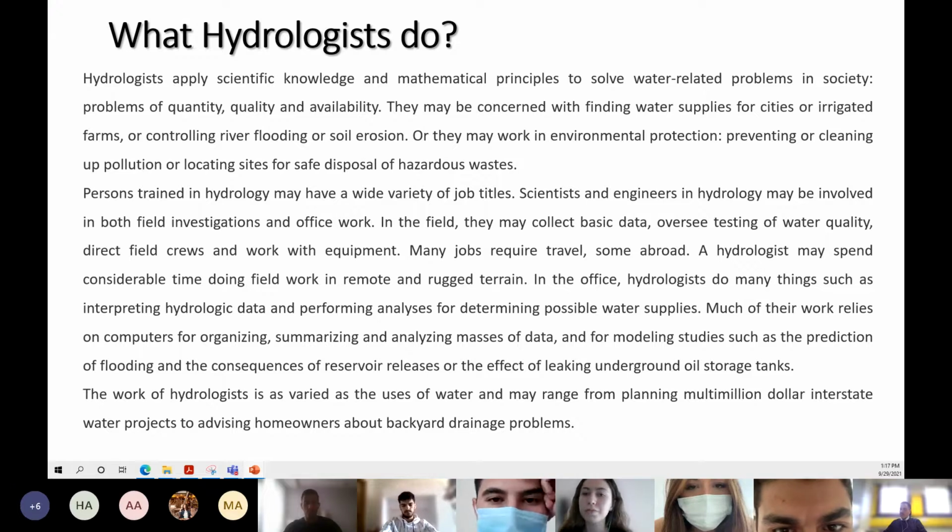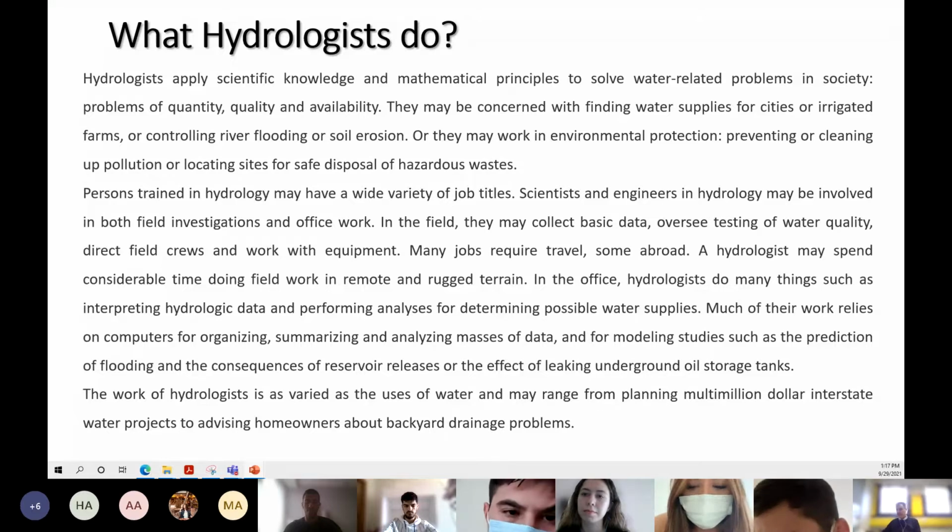I really encourage you to take a note if you don't know a word, and go to the dictionary to find the meaning. Irrigated farms means farms that we irrigate with water in order to culture